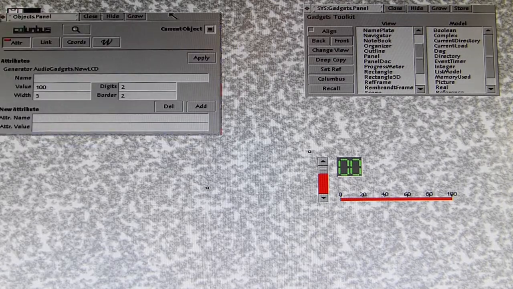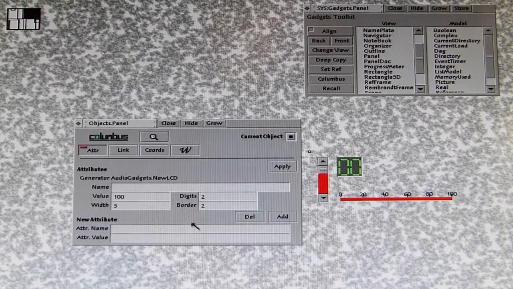We have one issue here. When we drag this handle up to the top, we get the value of 100. 100 can't be displayed by this gadget anymore because we only have 2 digits, but it's no problem. We select it, we go into Columbus, and you can see one of those attributes here is the amount of digits. Let's change it to 3. Let's click apply